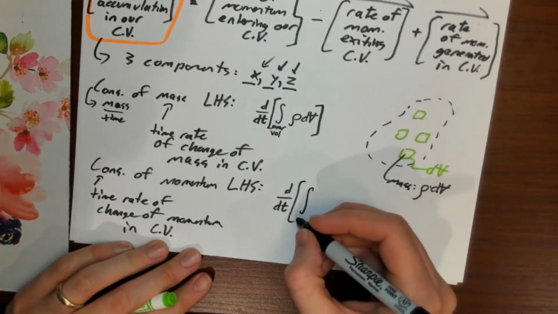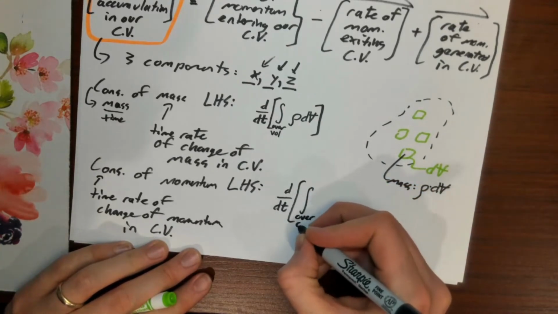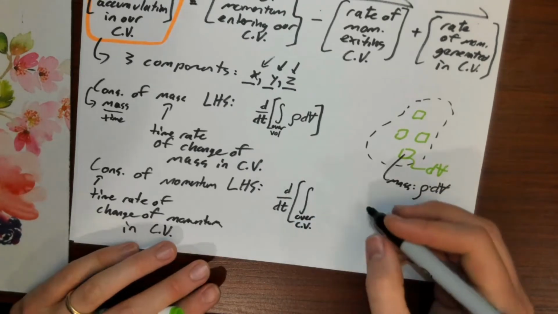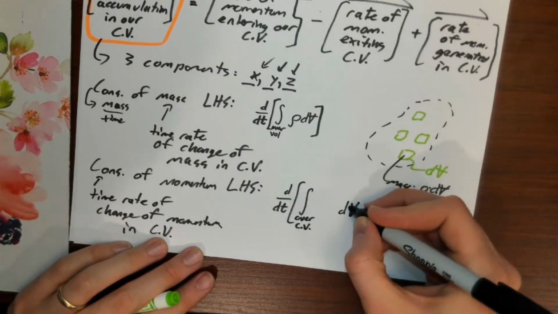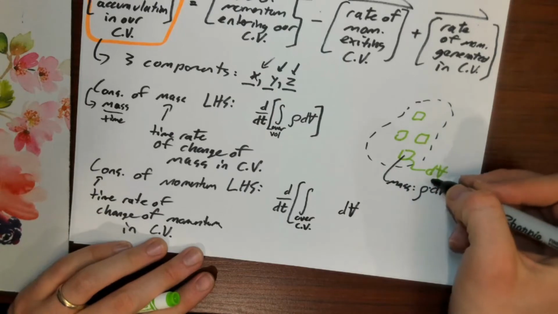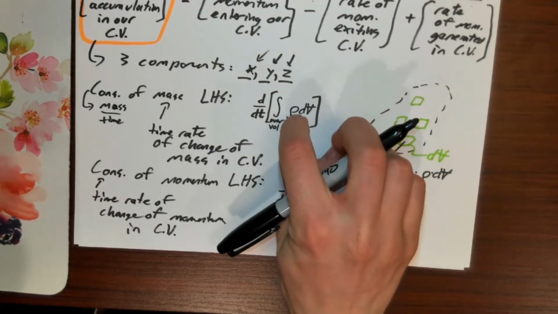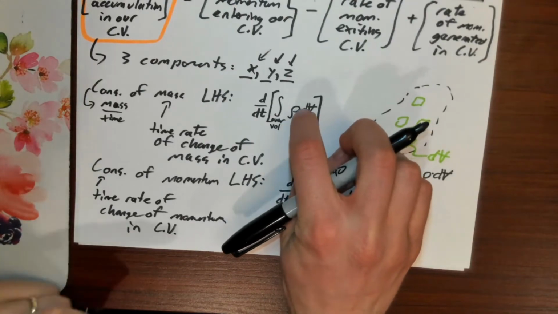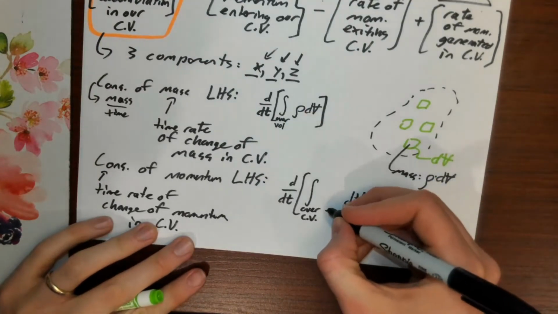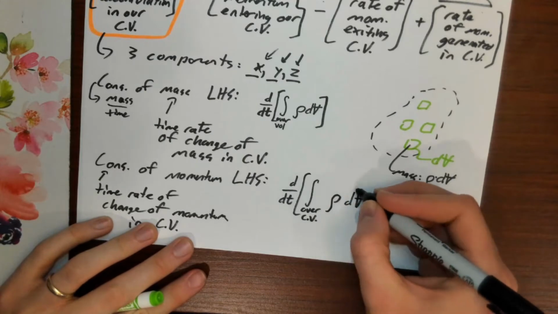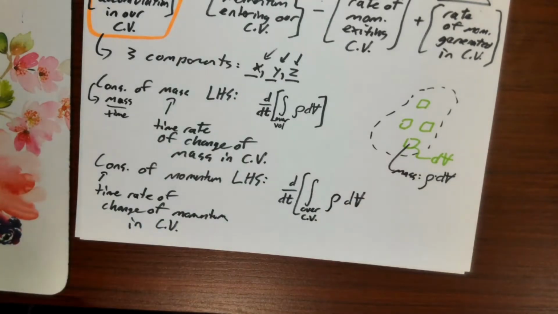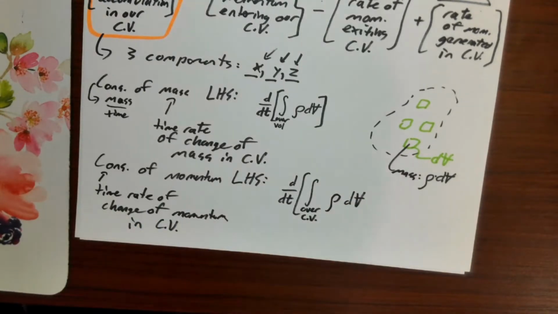So it's going to be an integral over the control volume. We're still going to divide up our control volume into a bunch of little dV chunks. Only instead of multiplying rho times dV to just get the mass of each little chunk, we still have a rho dV to get the mass of the little chunk. But if you remember,